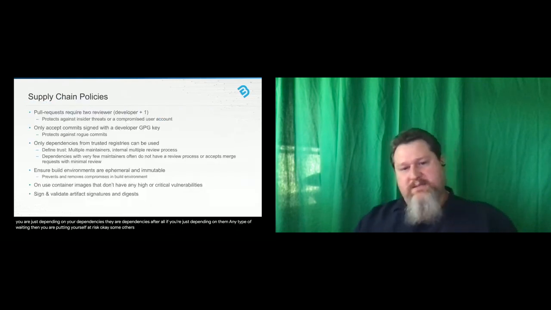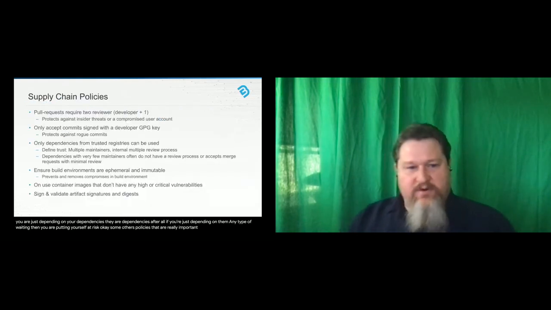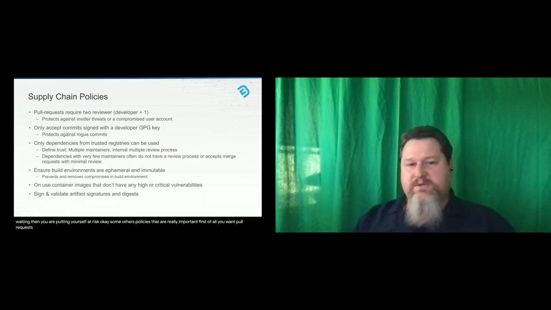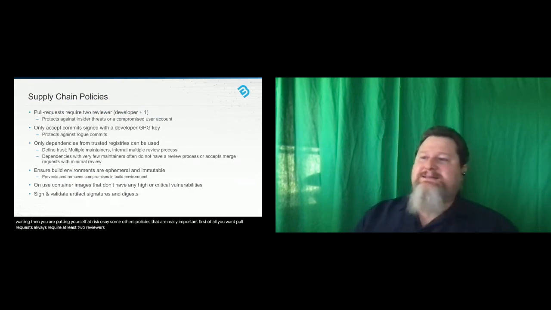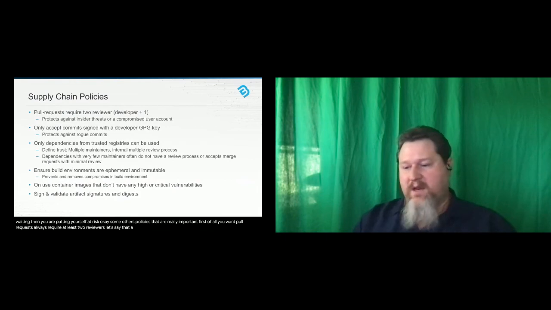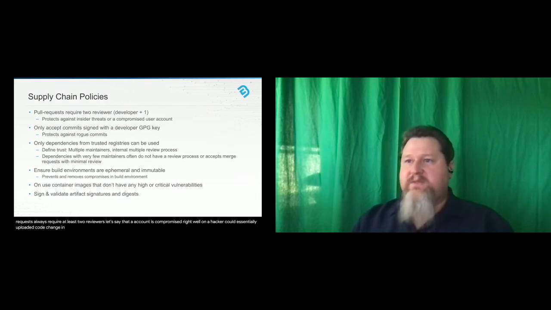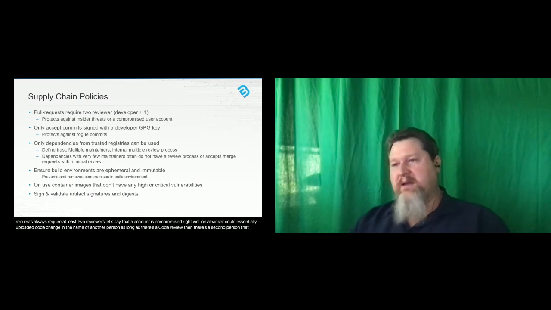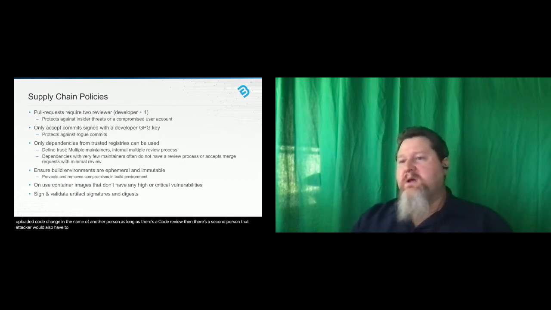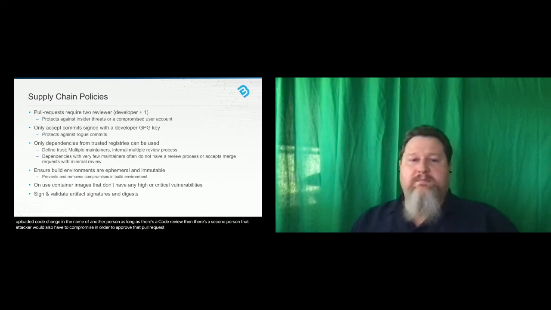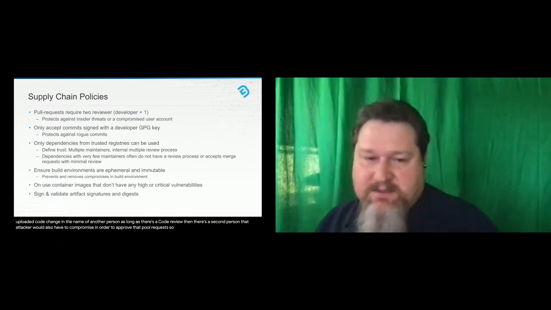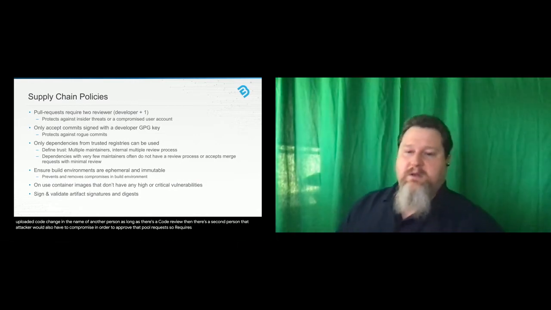Okay, some other policies that are really important. First of all, you want pull requests to always require at least 2 reviewers. Let's say that an account is compromised, and a hacker could essentially upload a code change in the name of another person. As long as there's a code review, there's a second person that attacker would also have to compromise in order to approve that pull request. So having a buddy system, if you will, requires multiple